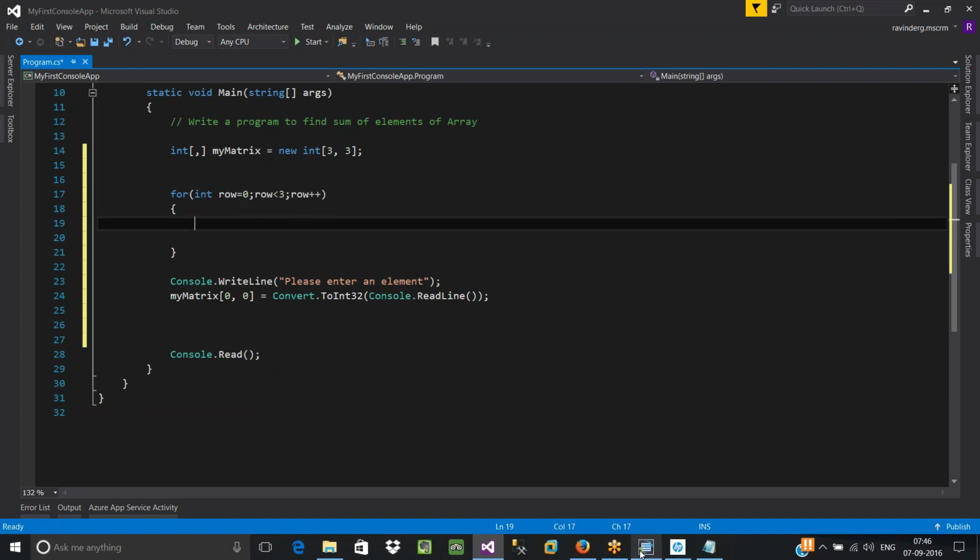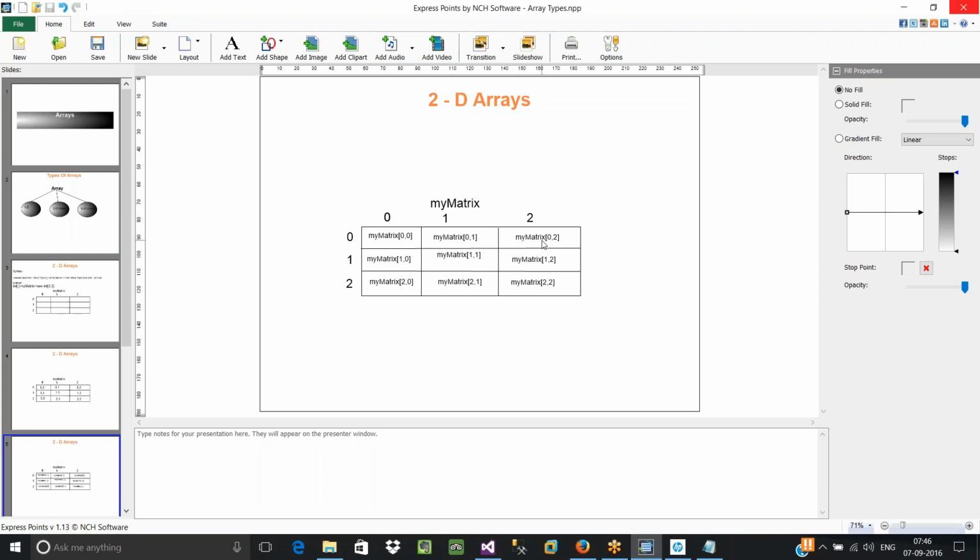So within the first row, there might be a number of locations. Here we have defined only 3 locations, but there can be n different locations. In order to accommodate all elements of the first row, first you have to go to the first column, then go to the second column, third column, fourth column, fifth column, sixth column. First you have to go to the first column. So where is that located? It is located at 0th position. First go to the 0th column, then go to the first column, second column, third column, fourth column.